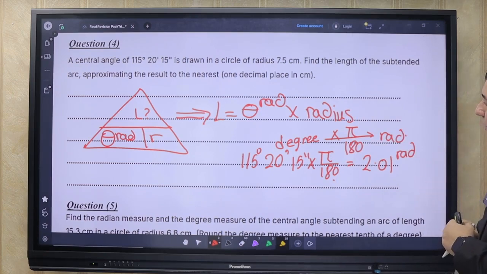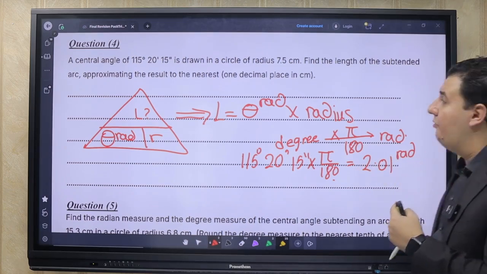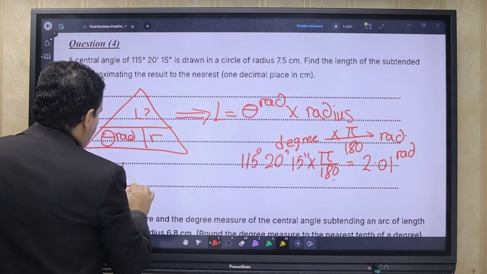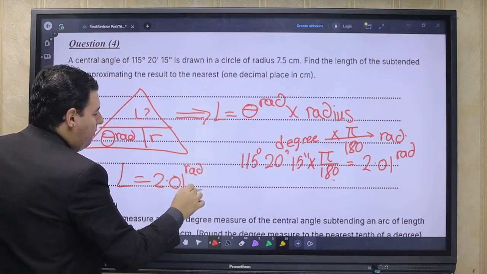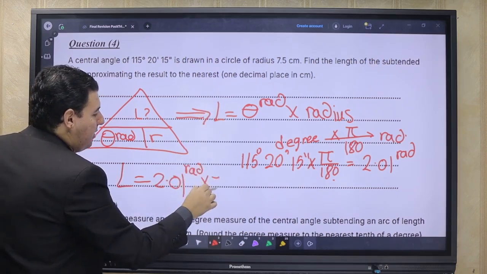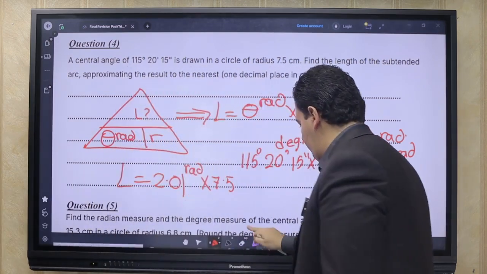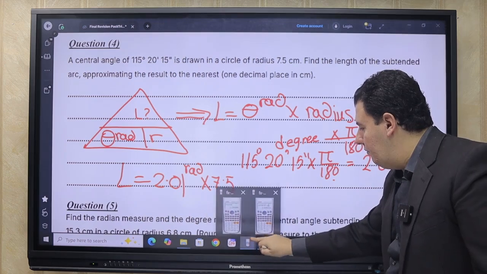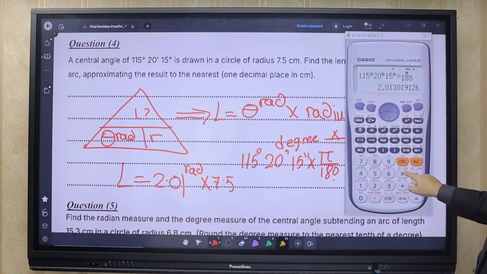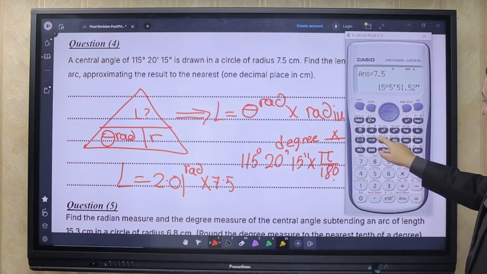This is a radian measure. The first step is converting from degree to radian. The second step is to find the length of the arc. So the length of the arc will be theta in radians, 2.01 rad, times r. The radius equals 7.5. So we will multiply this answer times 7.5 equals